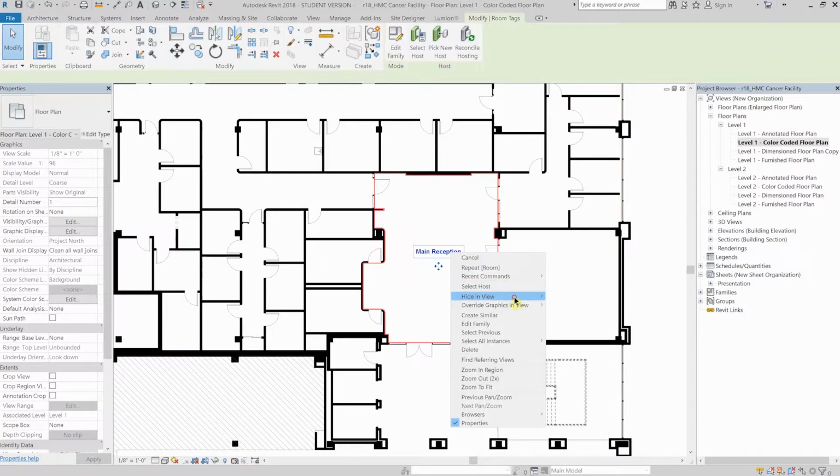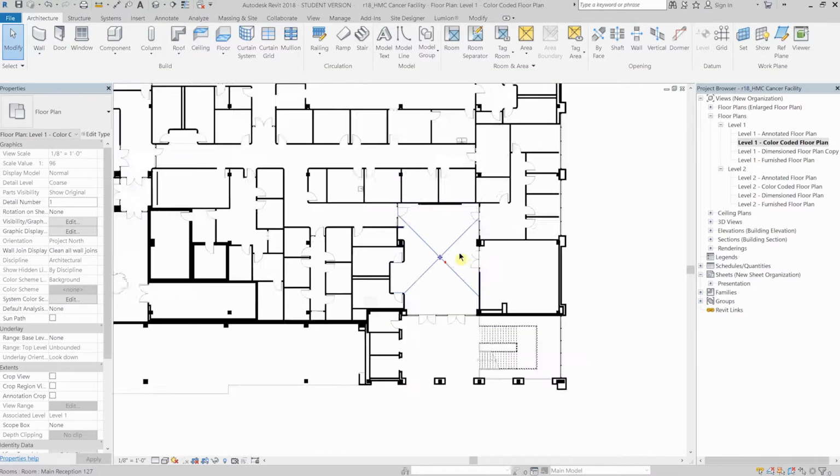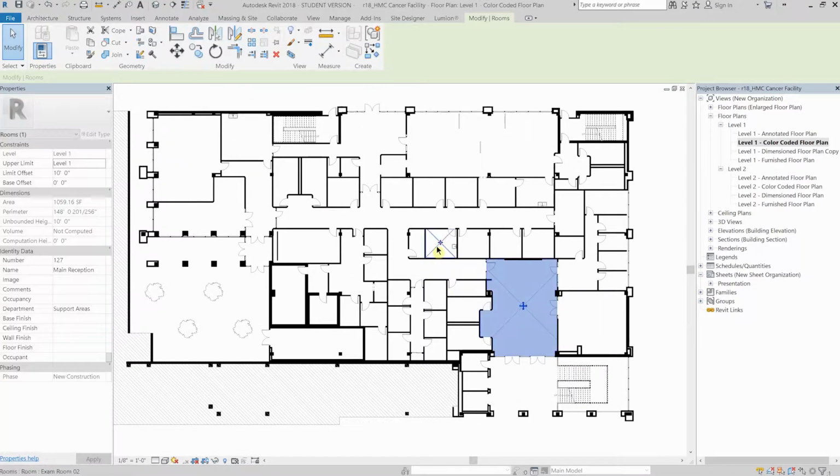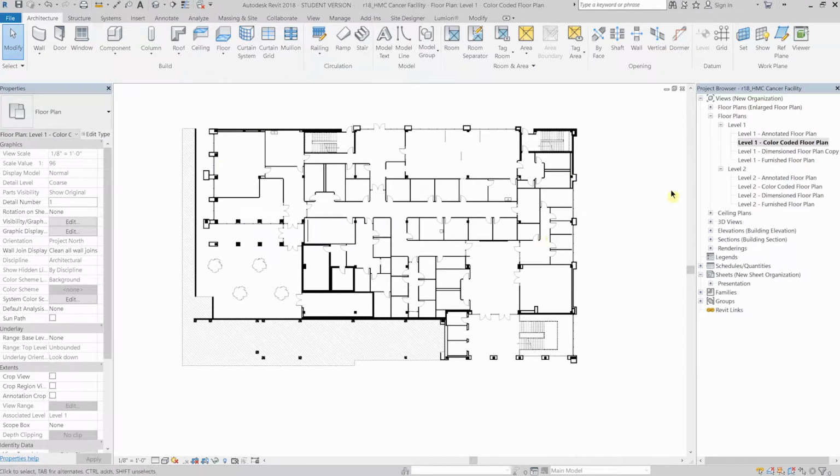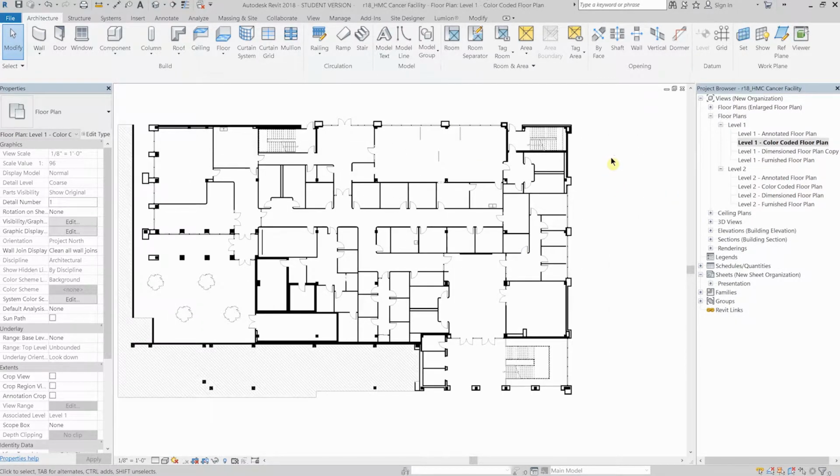Now, I want to hide the title. As you can see, all of my spaces have this X going through them. That means I've created rooms this way. Once you've done that for all of your spaces, and you filled in the department as well as the name,